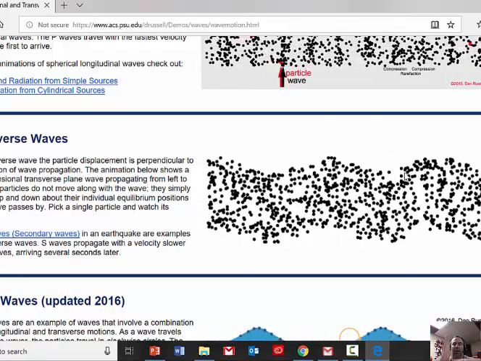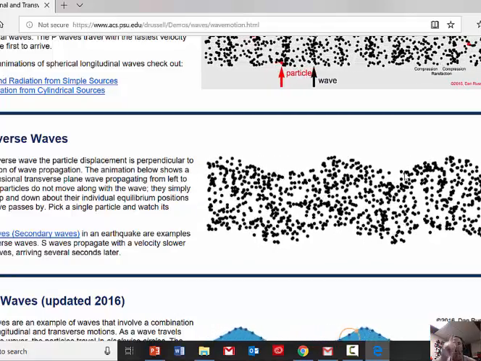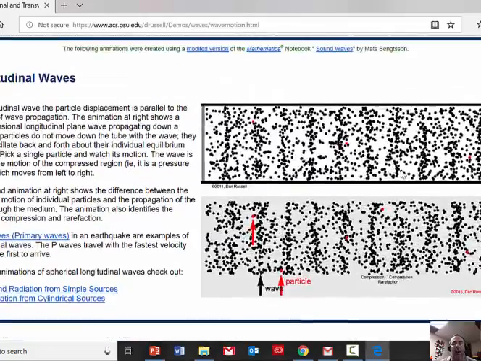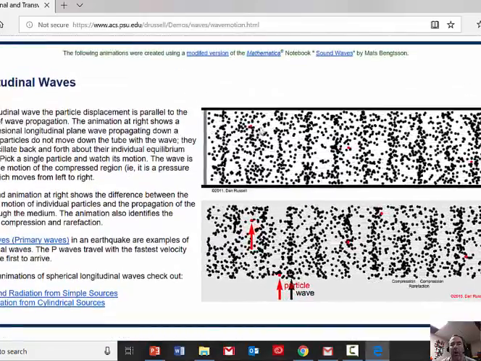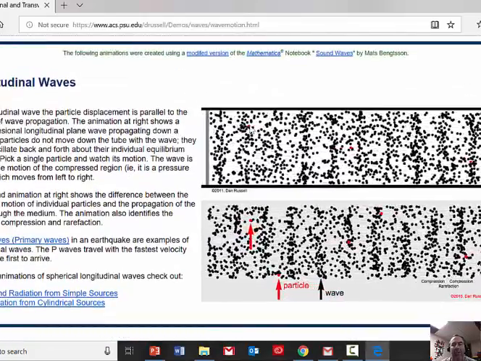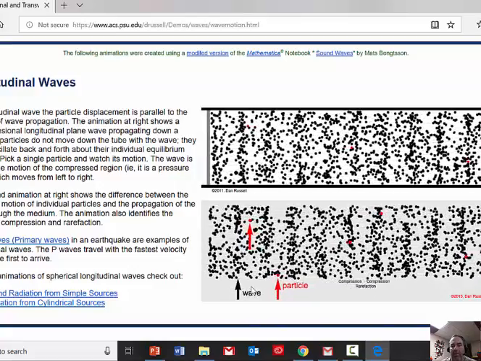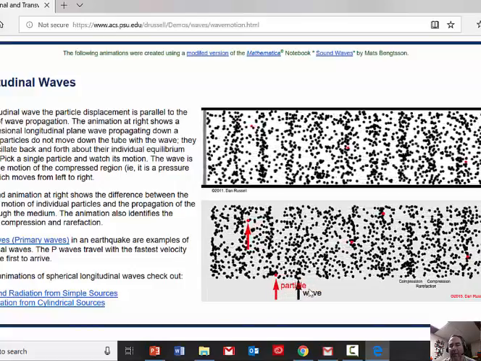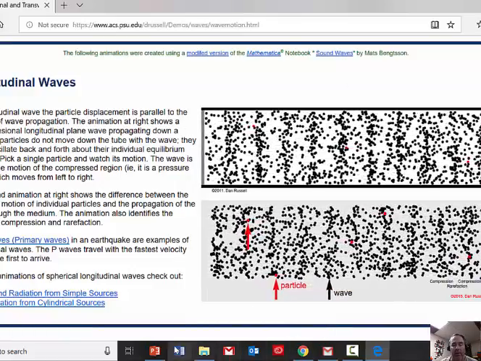So in a transverse wave, we've got the right angles. One's going up and down while the energy is moving left to right. In your compressional wave, it's moving parallel, back and forth, while the wave energy appears to be moving left to right.